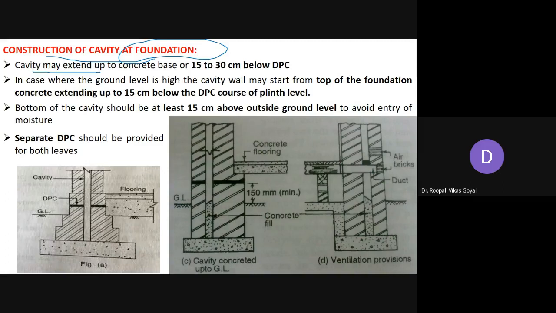So cavity may extend up to concrete base or 15 to 30 centimeter below DPC. So here you can see in this first figure, this is your foundation concrete. So as per requirement, you can start your cavity from the base of the particular concrete base, or sometimes, as we have discussed earlier also, this particular cavity may start 15 to 30 centimeter above this concrete base, or 15 to 30 centimeter below your